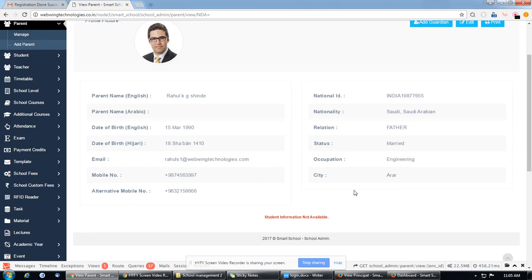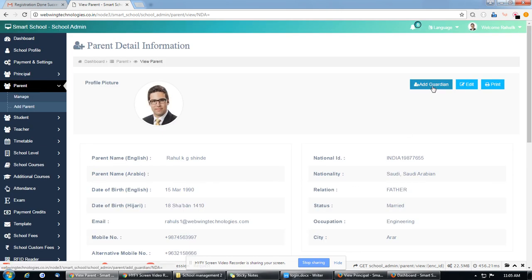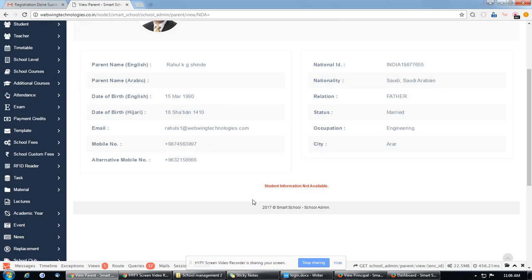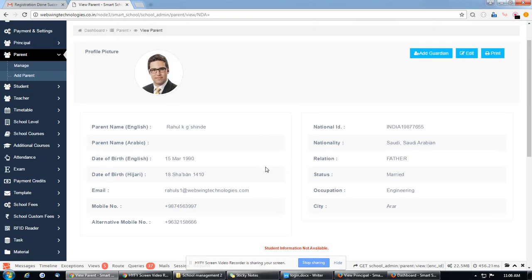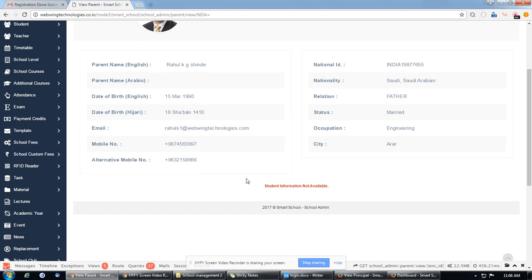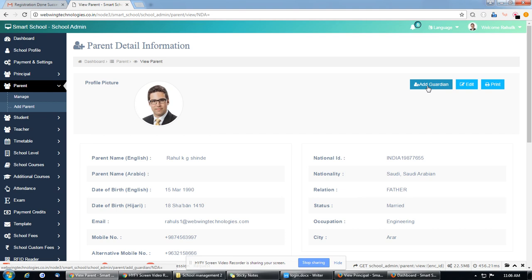Then we can add the guardian by clicking on the add guardian button. We can edit the parent information by clicking on edit parent, and we can print the parent information. And here right now there are no students available under this parent. When we create a student under this parent, then all the students will display over here. So we have to add guardian first. So add guardian, we have to click on that button,